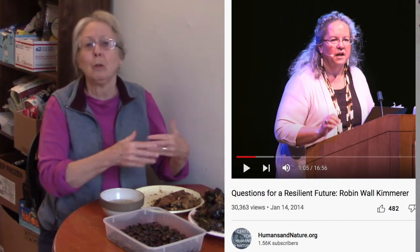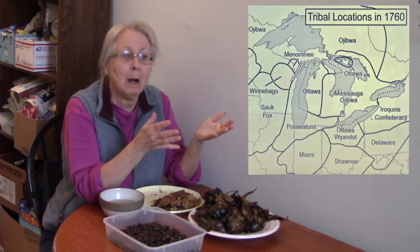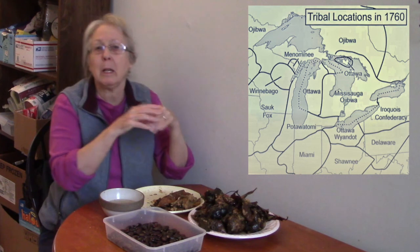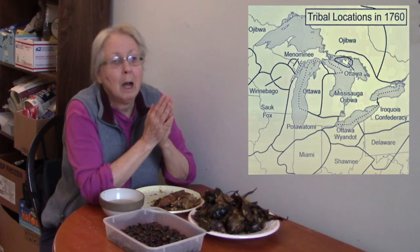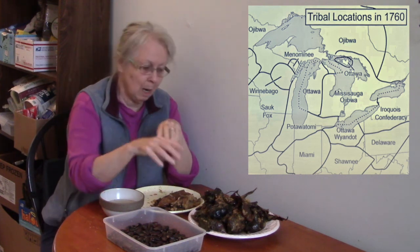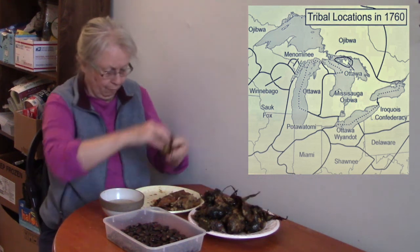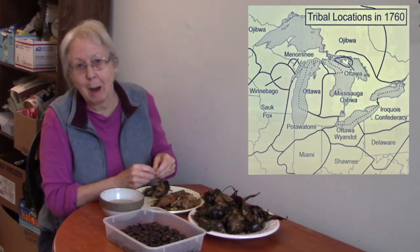But there was a gradual learning that went on and a way of observing change, a way of consulting one another about change, carrying forward the understanding of the elders, but at the same time noticing changes going on, and being in close contact regionally with what was going on. So I have a great deal of respect and have been voraciously, not just reading, but in particular watching videos. Robin Wall Kimmerer, some of the other, Kyle Whyte is also Potawatomi, and I went to Michigan State University and